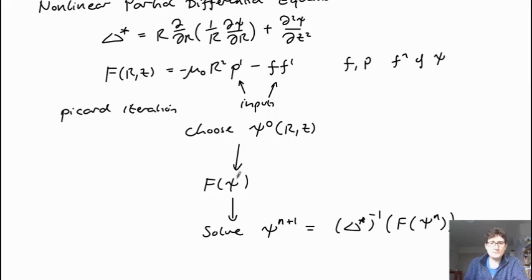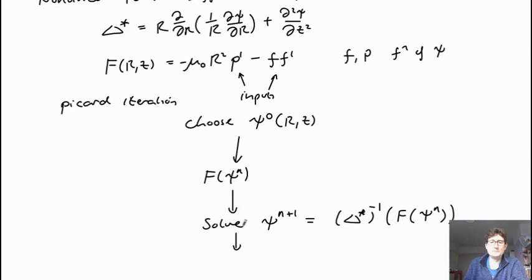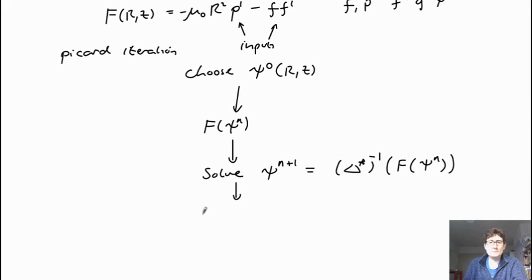So if we label psi n as iteration n, we calculate psi n plus 1 by inverting this, and then this goes back into the start. But first we can check for convergence,